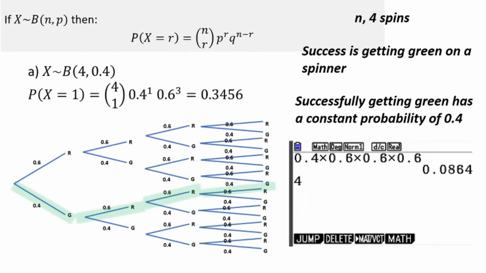So, the probability function really is calculating how many duplications of our product of probabilities. How many times do we need the calculation 0.6 to the power of 3, 0.4 to the power of 1? Well, the nCr statement is going to do that for us, and we just need to locate it on our